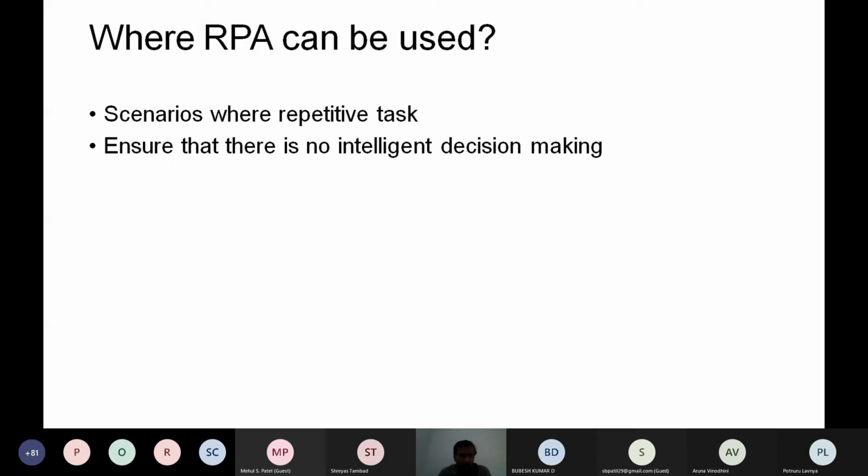So rule based, manual, structured, logical and repetitive tasks, whenever you have scenarios like that, and most importantly where there is no intelligent decision making, in such cases you can go for robotic process automation.